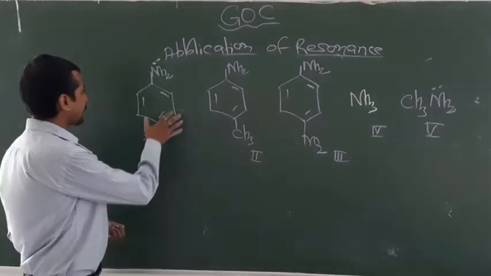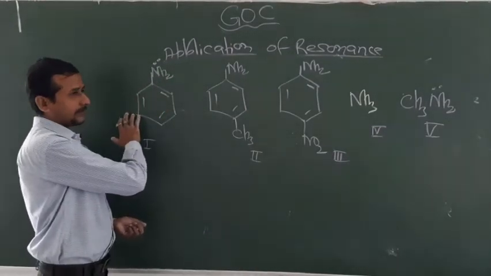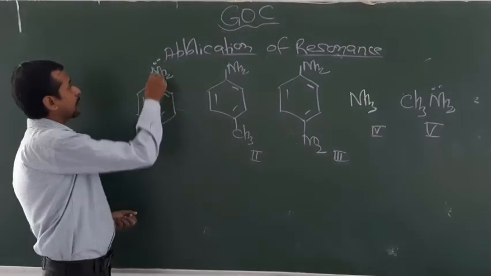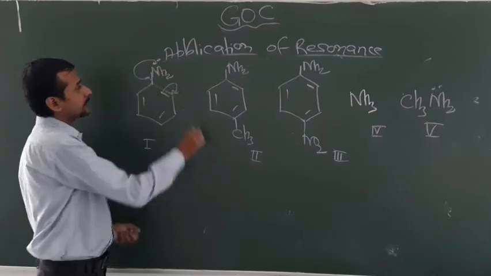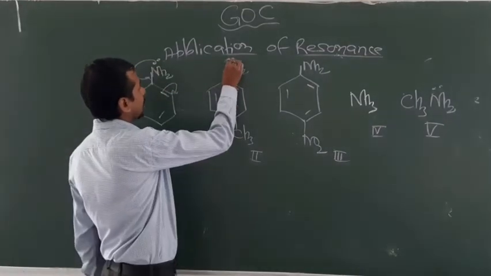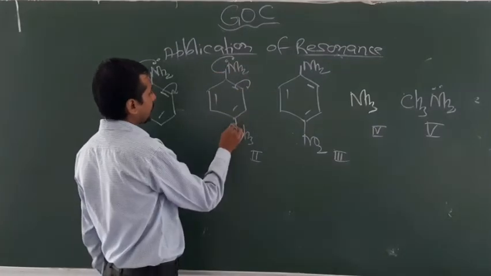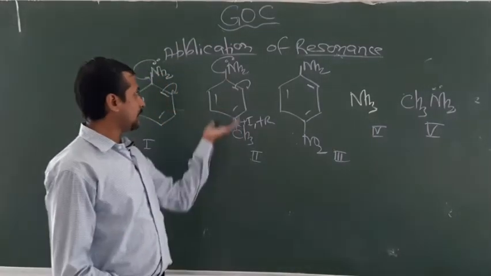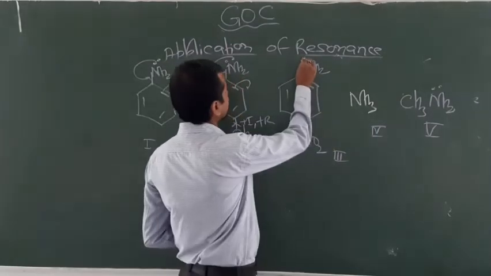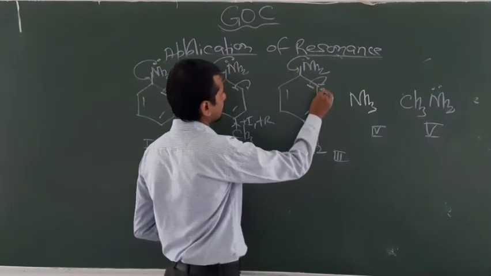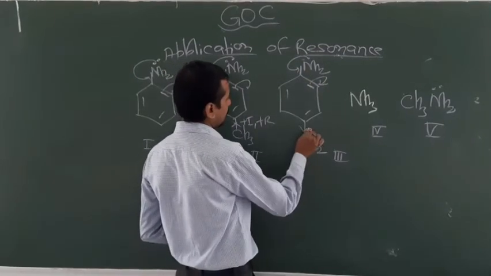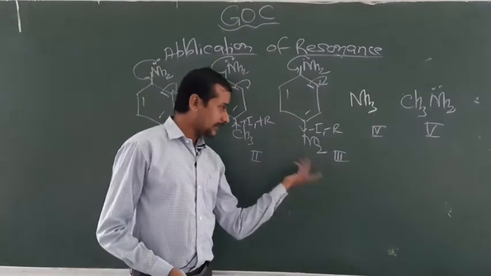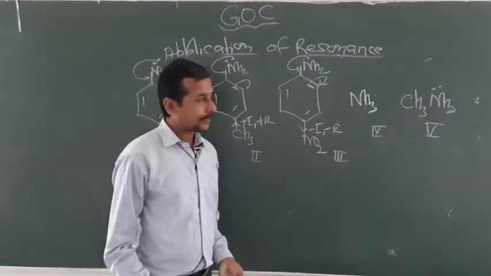So look here. Here no minus I or minus M effect is attached to the benzene ring, but electrons are basically delocalized. Now electrons are also delocalized here, but due to plus I and plus R effect the electron density increases. Now in this condition again electrons are delocalized like this, but this has minus I and minus R effect. So that's why it decreases the electron density more and hence decreases the basic property.